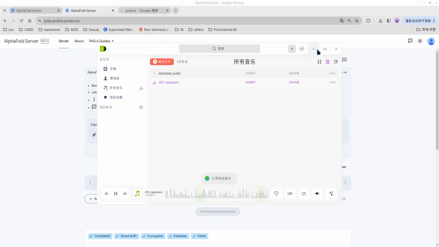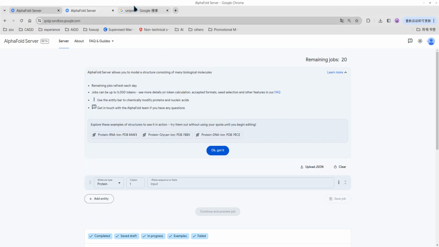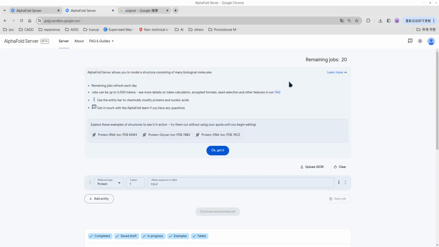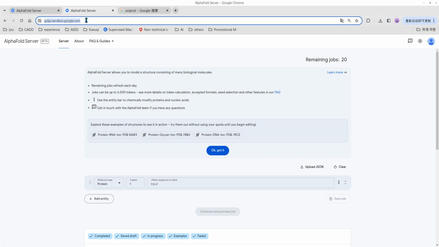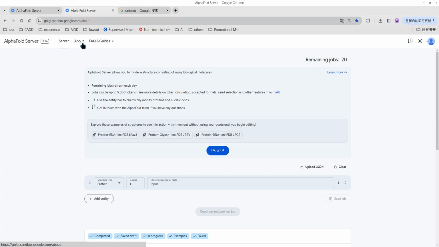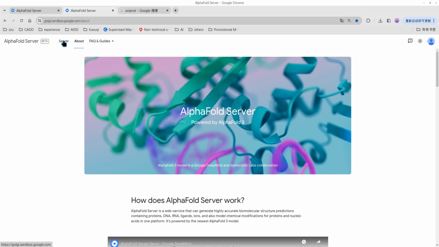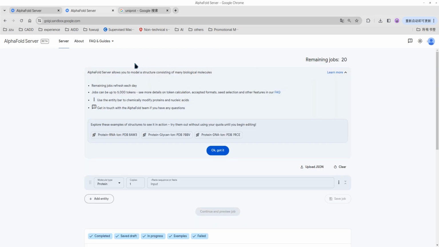Open the browser, enter AlphaFold Server, and click to enter the web page. There are generally two situations on the web page. One is https://golgi.sandbox.google.com, and the other is https://golgi.sandbox.google.com/about. After entering, we can have an overview, and then we can look at the upper right corner of